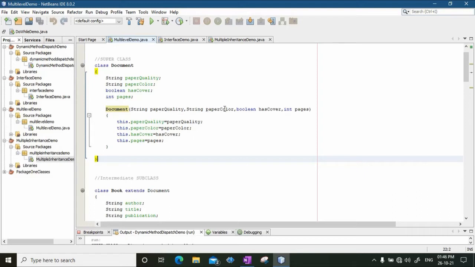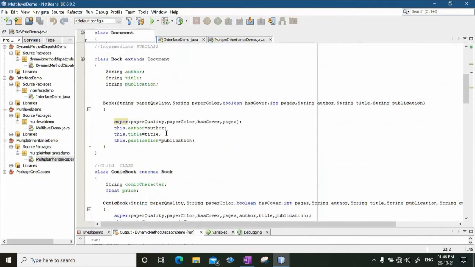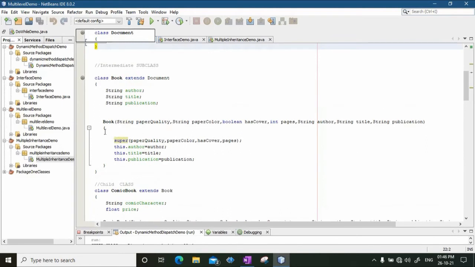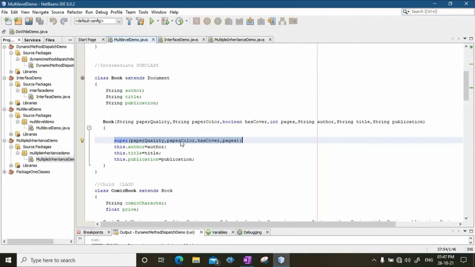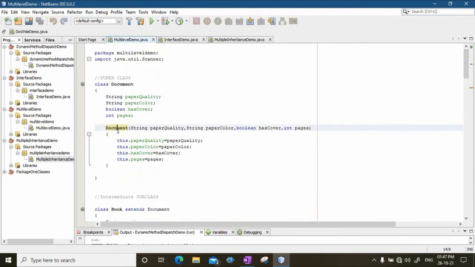These parameter names are what? These are actually the formal parameters. Okay, you see, from this book constructor, this particular statement is going to pass paper quality, paper color, has cover, and pages. These values are to be passed to the document constructor.